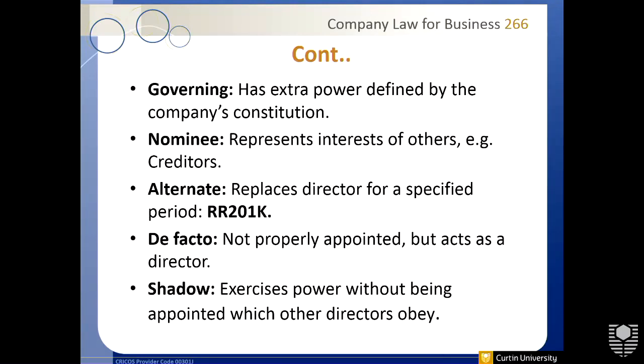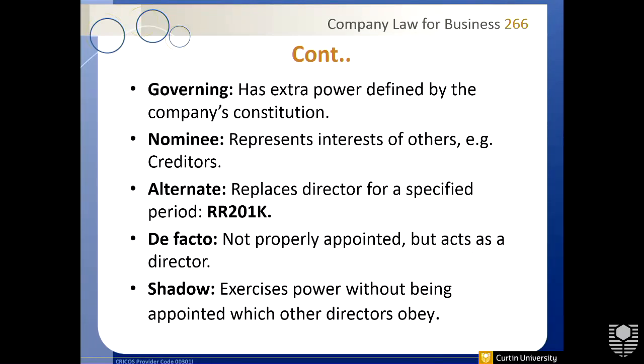Nominee directors. Now, nominee directors are actually representatives of institutional investors. Institutional investors like your superannuation, they invest in a company. Obviously, they can't come, the company can't come, so they will appoint a director, and that director will look after the interests of that institution. So that's a nominee director. Alternate directors are where you are a director and you've got sick and you can't attend any meetings for the next 6 months. So you appoint a substitute. That substitute is known as an alternate director. All right, that's found under Replaceable Rule Section 201K.